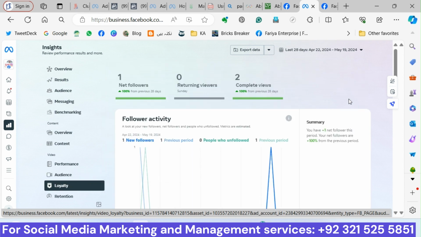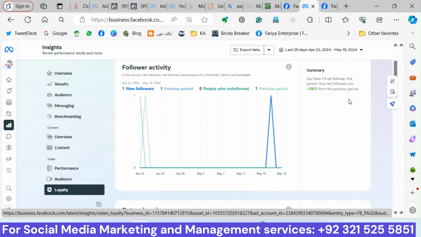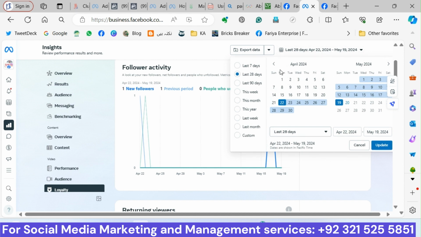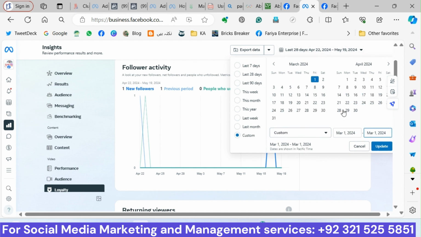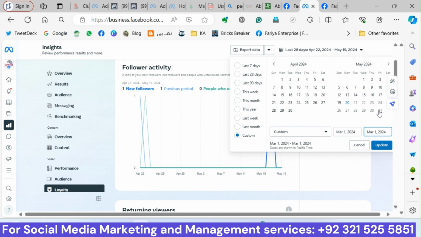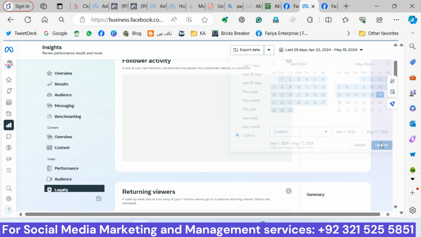Here you can see the people who have unfollowed your page or how many new followers you have. One new follower I have in the last 1 month. If I select 1st March till 17th May and update, let's see.